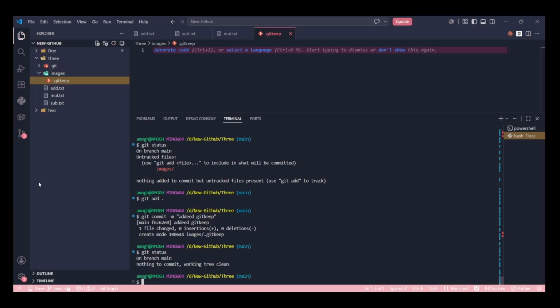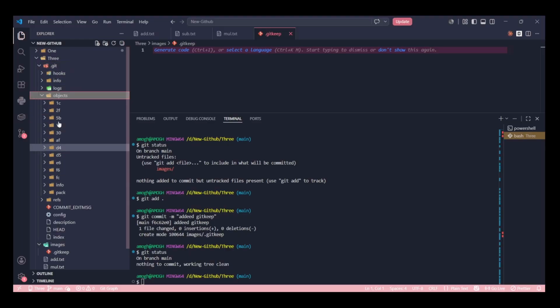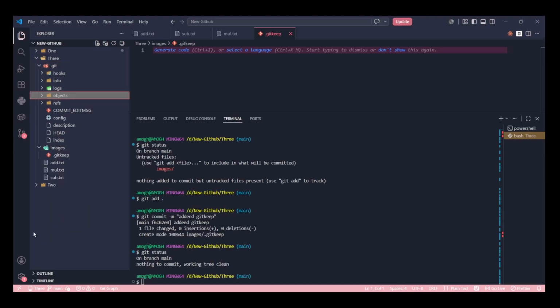Yeah. So one thing is, Git tracks everything as an object. See, if I go into the 3 folder, I can see the .git folder, right? If you are wondering, .git is a hidden folder. You might not see it. I have added some setting in my VS Code, so I can see the .git folder. In that we have different folders called objects. These are the commit objects. In that we also have the HEAD.